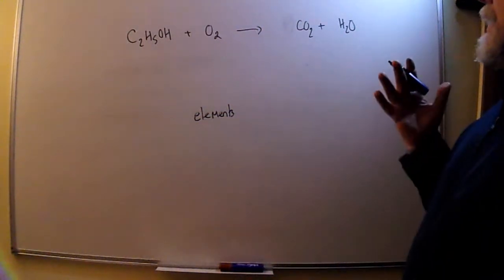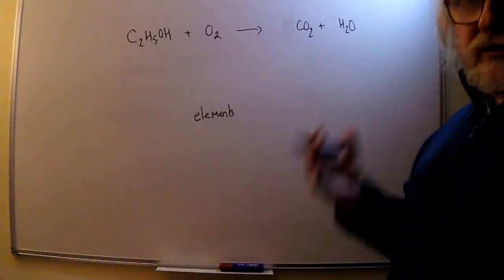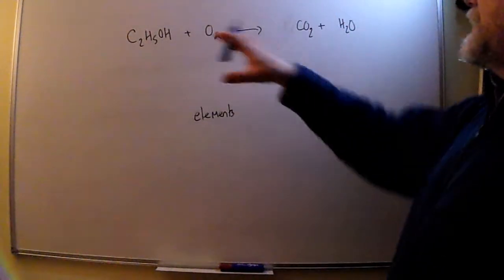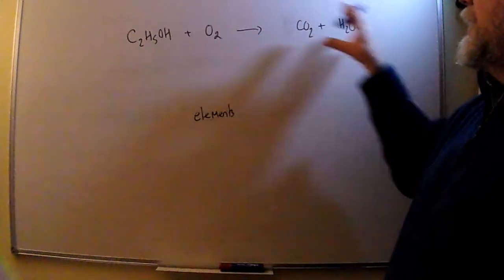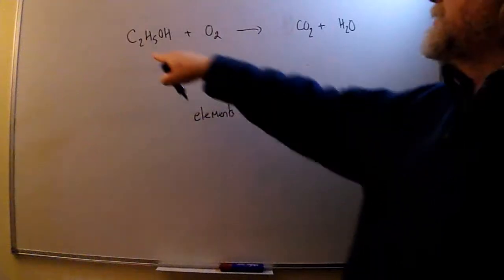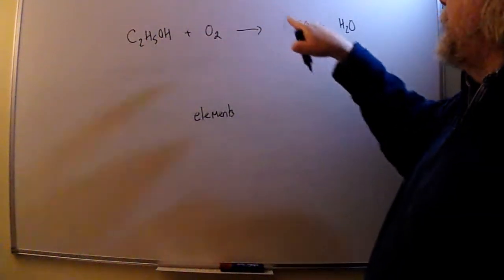It's complete combustion to give CO2 and water. Now, that equation has got to be balanced. This whole calculation will be meaningless if it's not based on a balanced equation. So that's crucial. And it's an easy one to balance, because we've got 2 carbons in ethanol, they both end